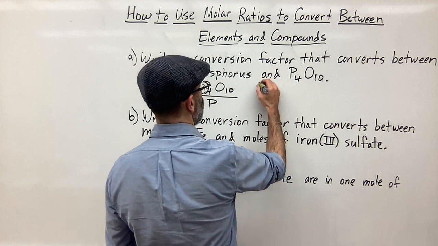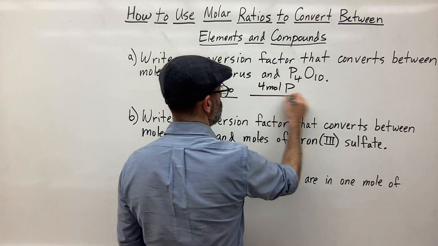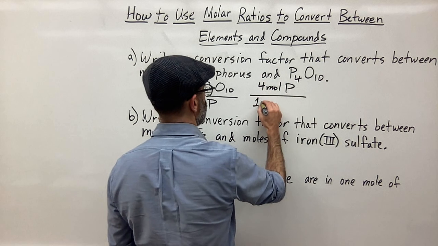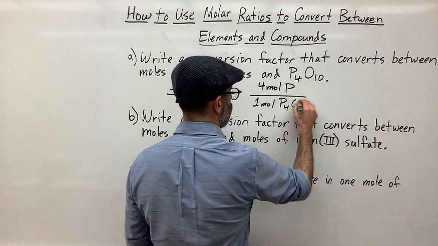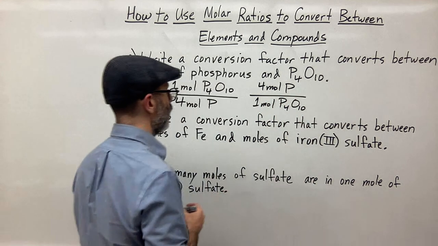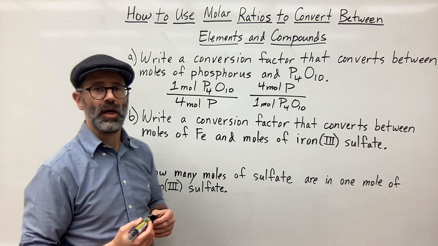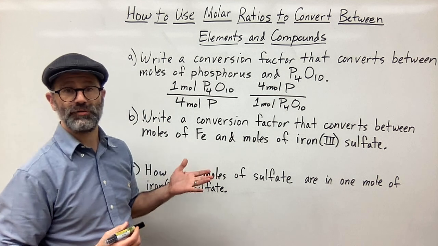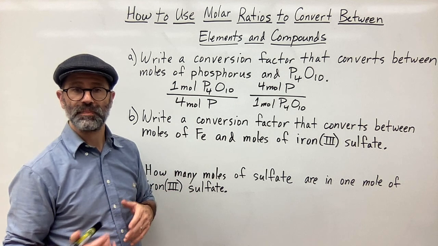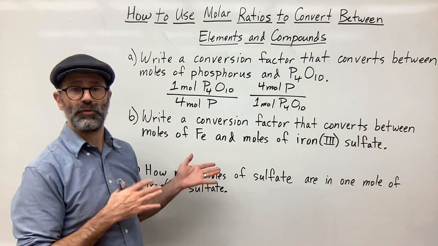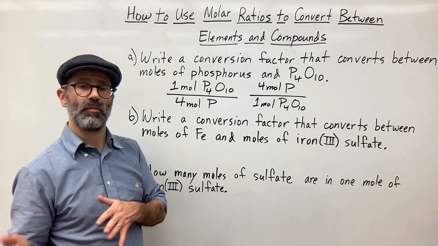So I could have 4 moles of P on the top, and 1 mole of P4O10 on the bottom. Either one of those is an acceptable conversion factor. Which one you use will depend on which way you're going. Are you trying to convert P4O10 to moles of P,